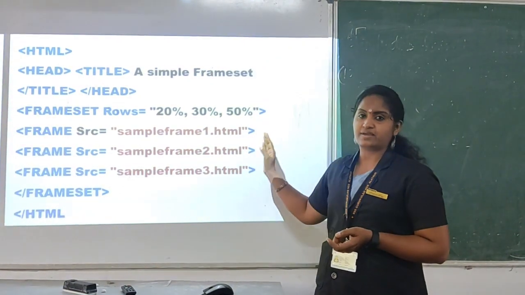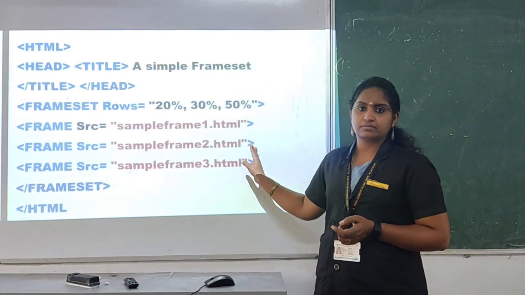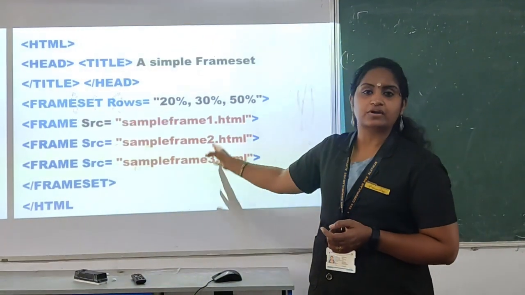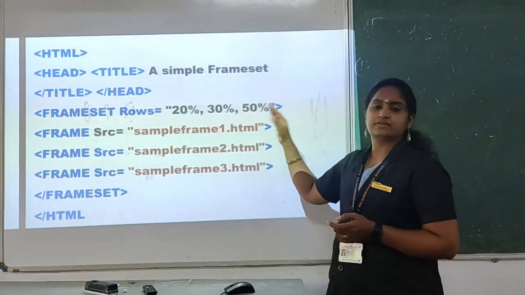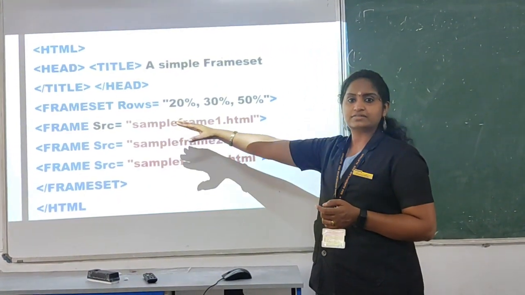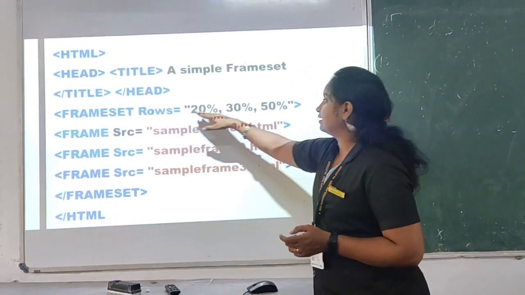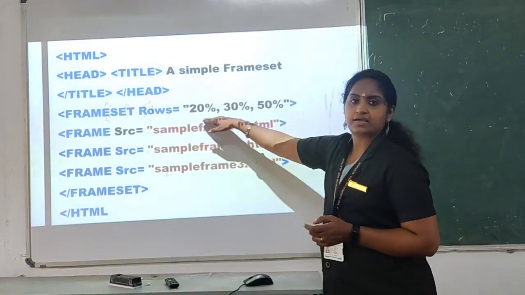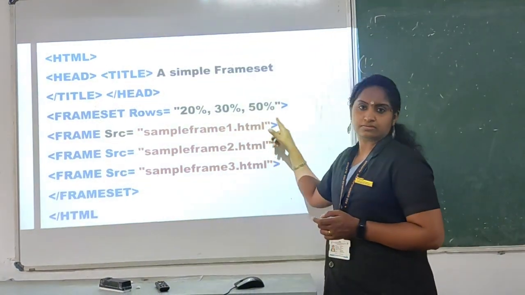If you are including a frameset tag, there is no need to include the body tag. Clear? If you are including a frameset, no need to include a body tag. Now the frameset is dividing the web browser. Here we give the command: how is it divided? By rows, or horizontally. And here we give the value, meaning it includes 3 rows. That's why we gave the values 3.